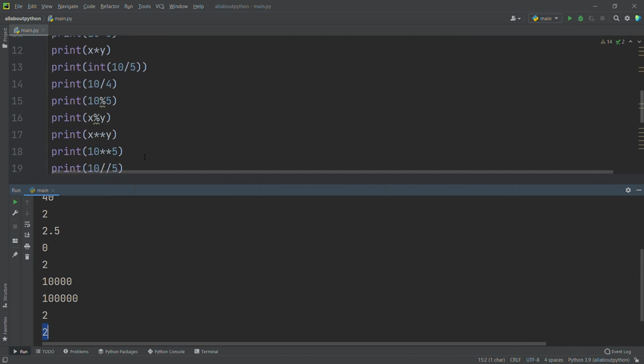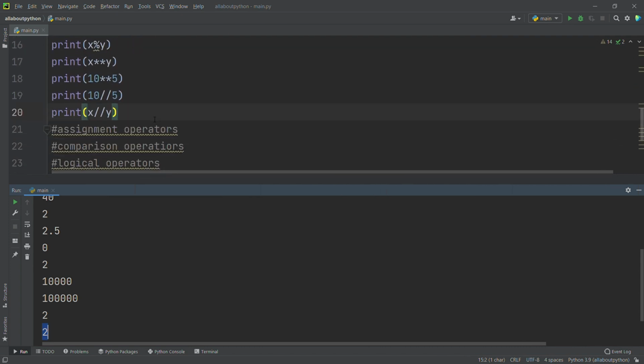Now we'll go with assignment operators. What are all the assignment operators we have? We have is equal to, and we have plus is equal to. Now we'll see how it's going to work. As of now, I will just say what all the operators are.